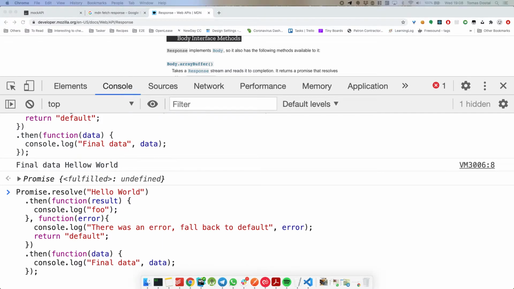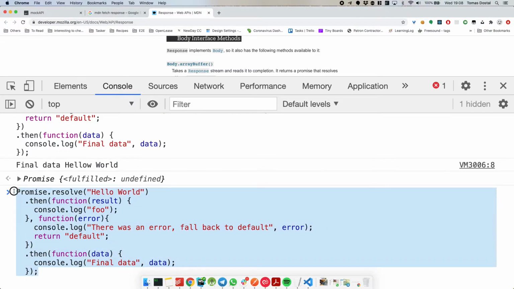No? Christina? What do you think we will see in the console in this case?